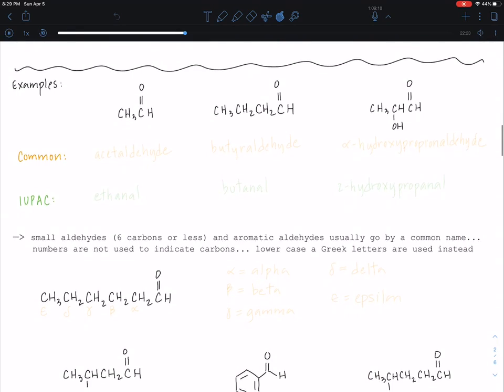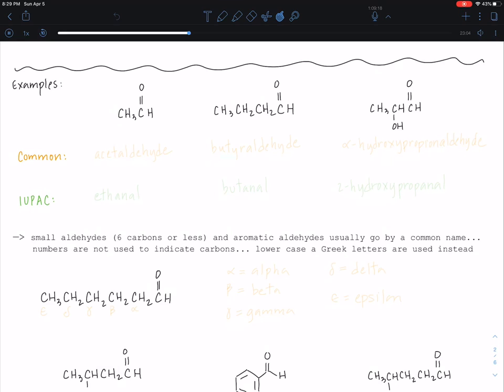We'll cover carboxylic acids in chapter 10, but I wanted to share these common names with you because there's no good way to teach you how to give the common name for a smaller aldehyde, and the smaller aldehydes typically do go by their common names. So there's really no good way to teach you about that without sharing these carboxylic acids with you. This will only make chapter 10 that much easier because we've pretty much covered the first part of the nomenclature for those. But let's go through some examples. I want to show you how to give the common name for some of these aldehydes as well as the IUPAC name. And so that very first one right there has 2